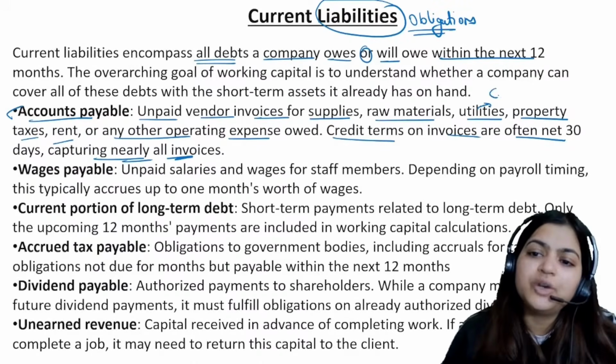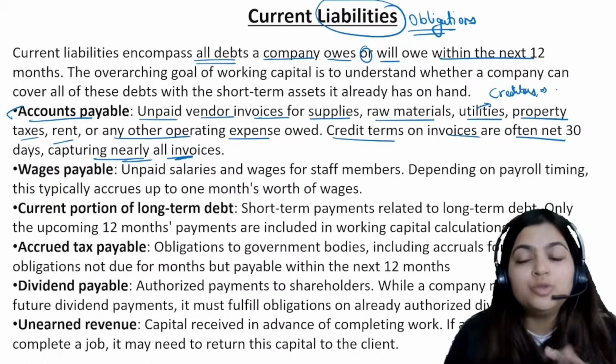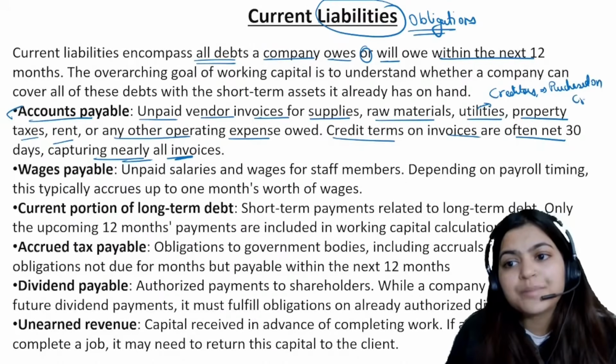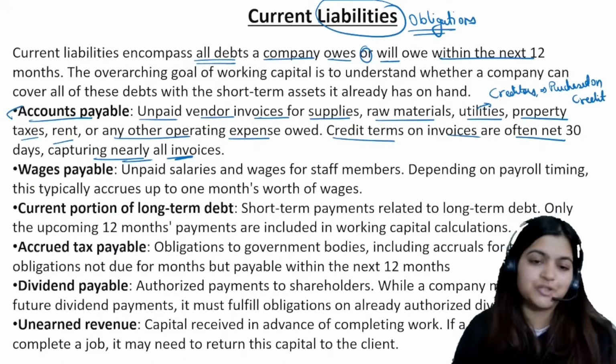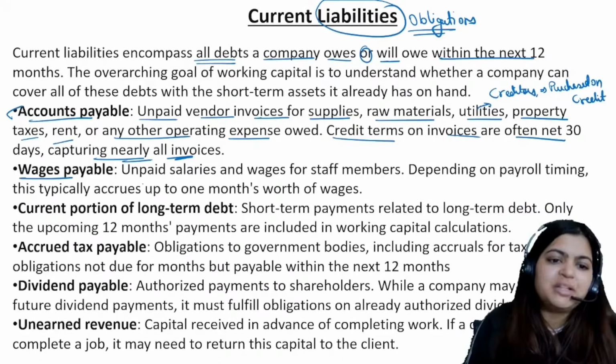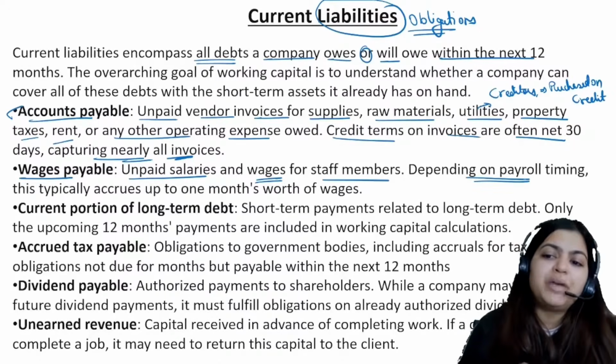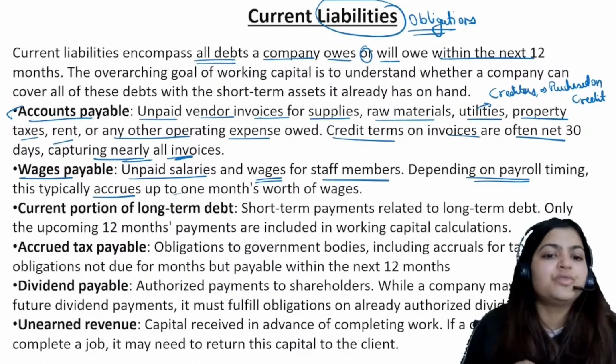You can say here your creditors as well. Okay, creditors from whom you purchased on credit, not on cash basis. Yes, then wages payable, unpaid salaries, wages for staff members, depending on payroll timing, typically accrues up to 1 month